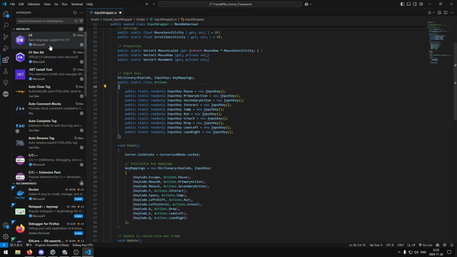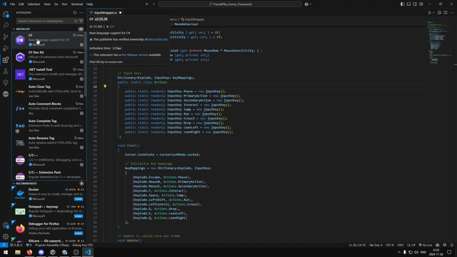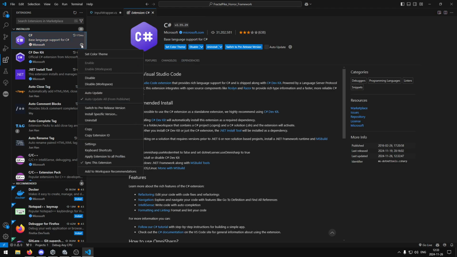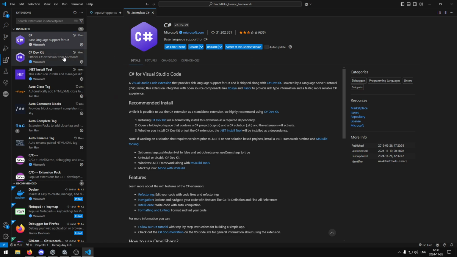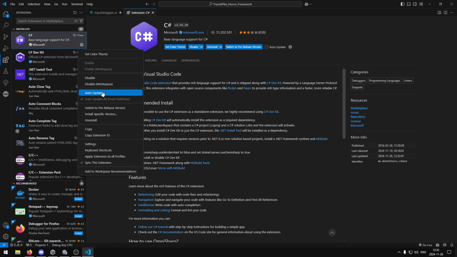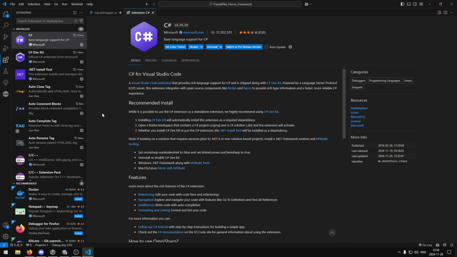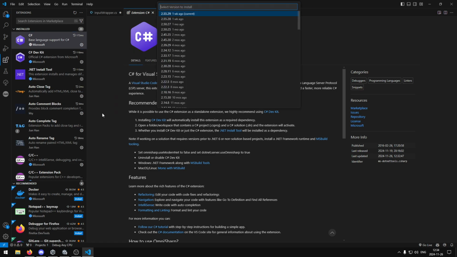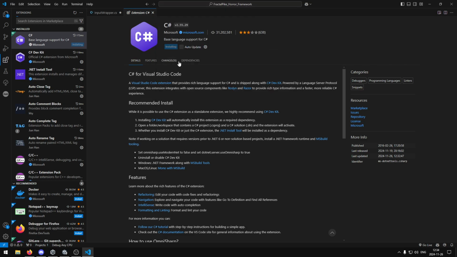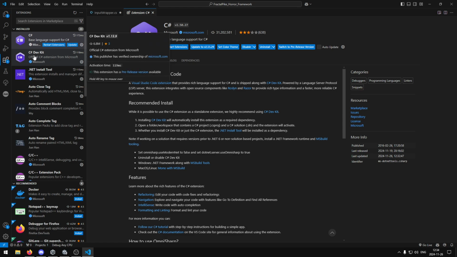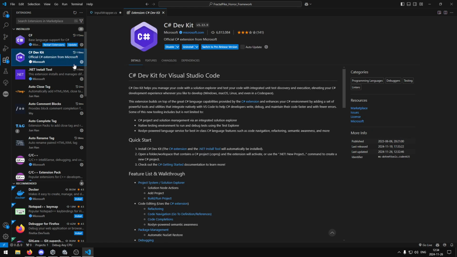So basically you want to go into the extensions, choose the C# extension, press the cogwheel and make sure that auto update is disabled. You can also disable it up here. After you've disabled the auto update, you want to install a specific version and then you want to go to 2.5.27. I'm going to install that